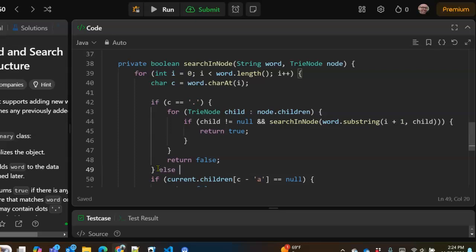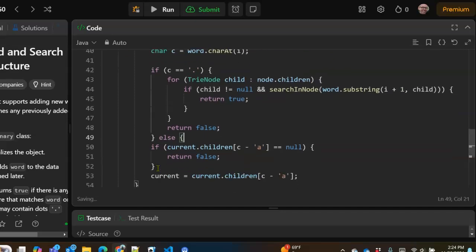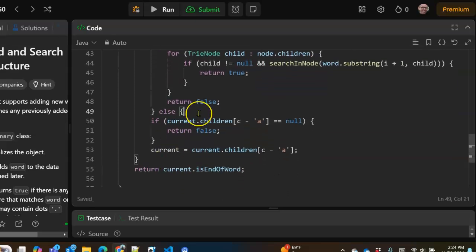I'm not sure we need that, but I think Java may get confused on, do we have a return for every path? Let me think about this. Yeah, let's try it like that. Else, and